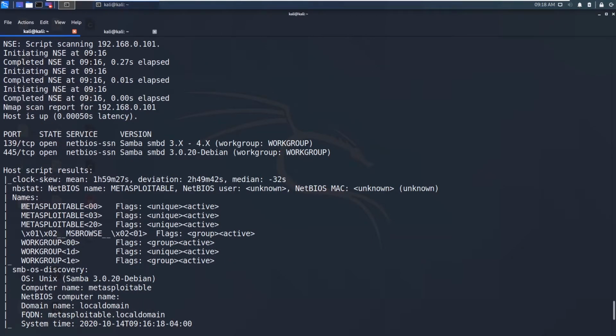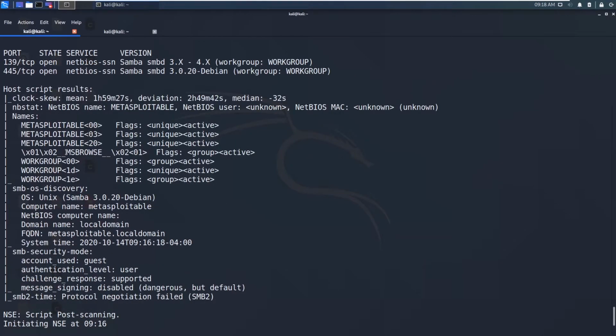You can see this is Metasploitable and this is a domain name, and it has a workgroup, and we have also got the OS discovery using this SMB service. So the computer is running Unix, and the computer name is metasploitable. NetBIOS is Network Basic Input Output System, and this computer does not seem to have a NetBIOS name.